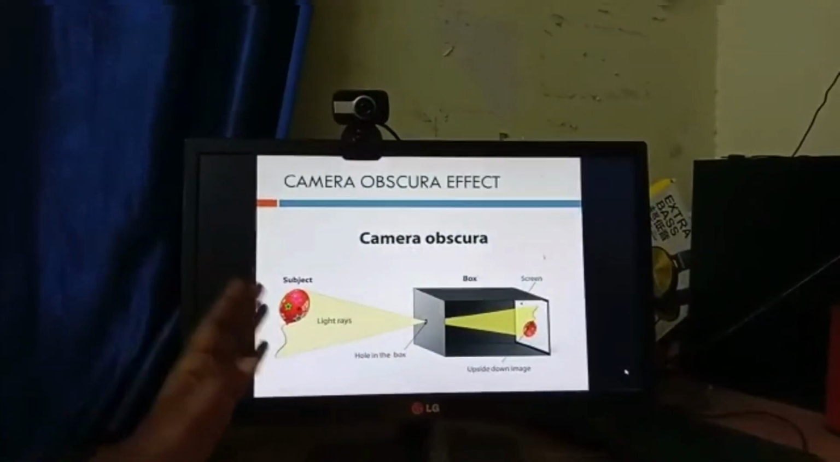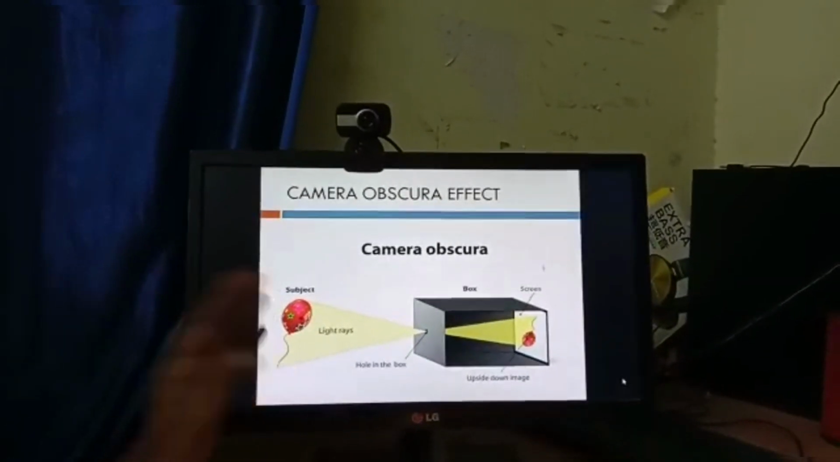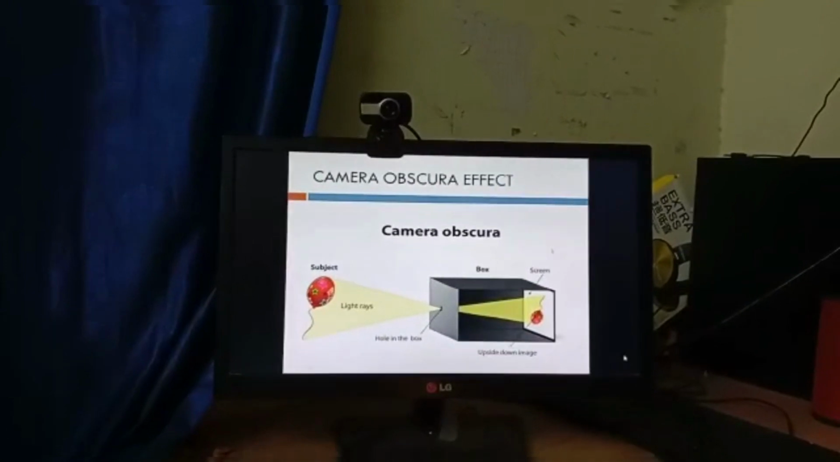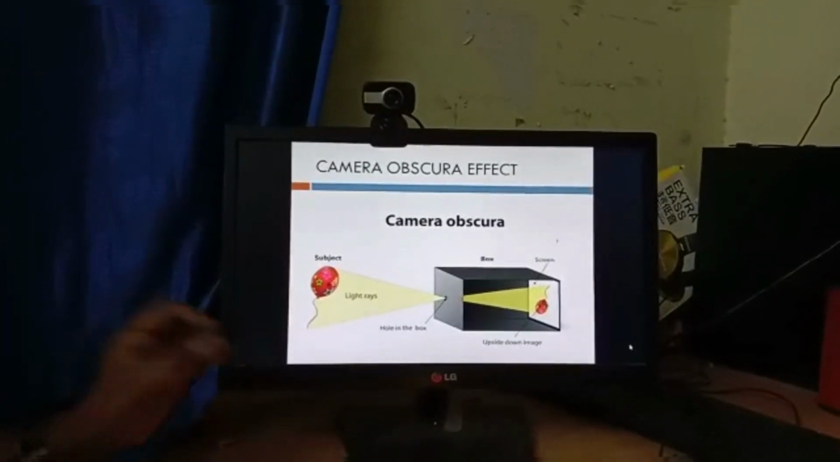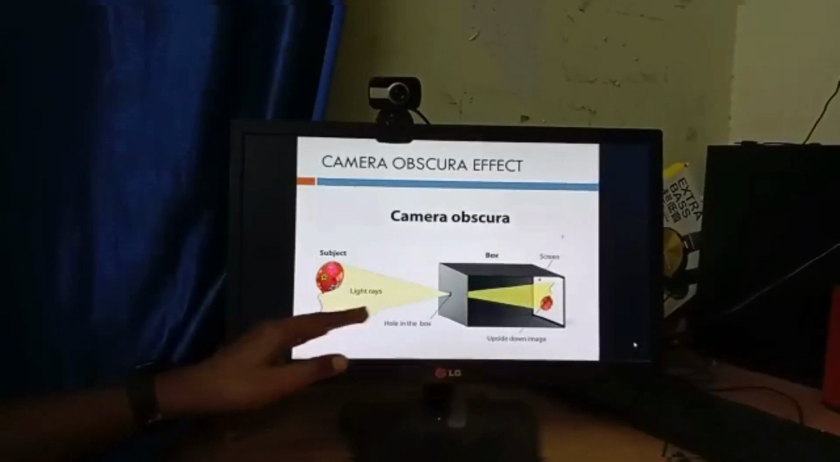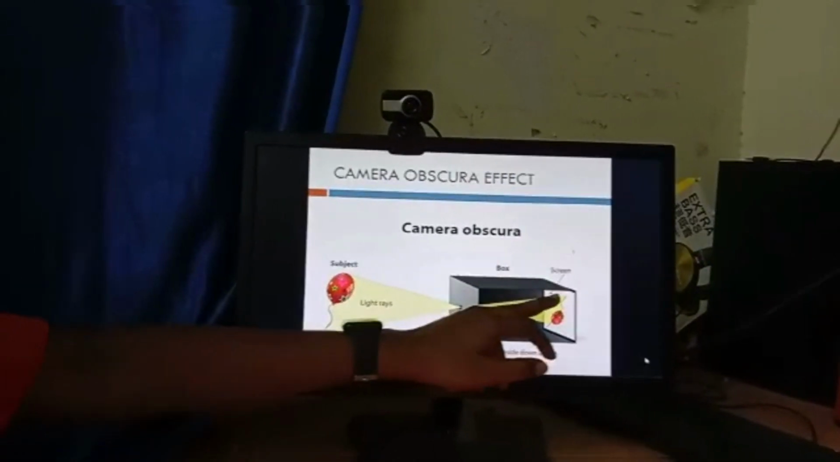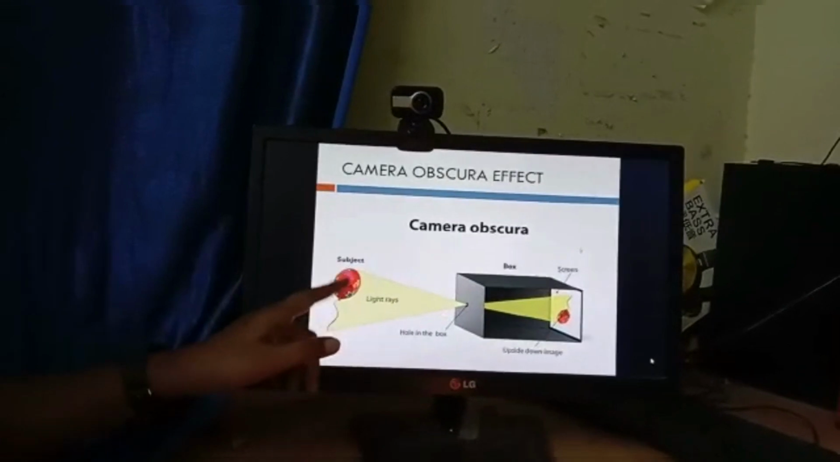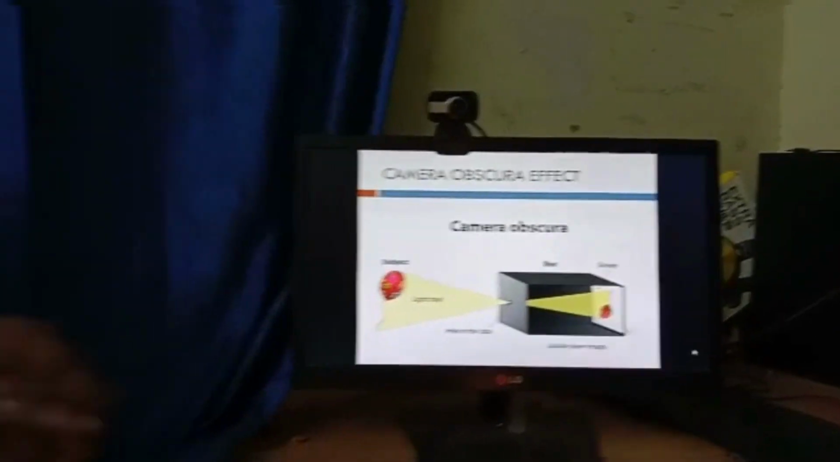Here the image is the balloon. Now, because the light travels through a straight line, the light from the bottom of the image travels through the pinhole camera and reaches the upper side of the image, which is what we see. Then the topmost part of the image